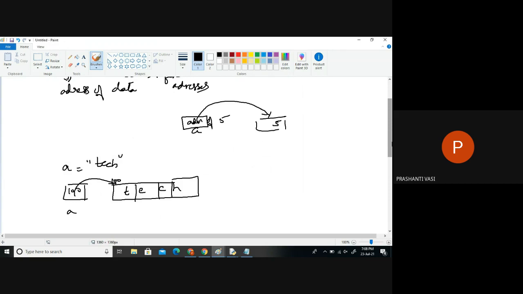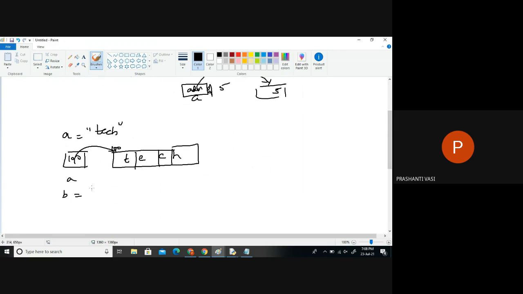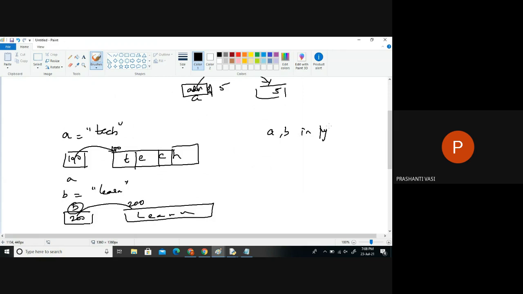Similarly, if I say B is equal to learn, if you have written it in the code, that means there is another variable created in the system called B, and it will hold the base address of which data? The data called learn. Every piece of information uses some space in the system. Wherever it is loaded, in whichever part of the memory, it has an address. It may be at some other address. So that address will be saved in which variable? The reference variable. So here A and B in Python are called which type of variables? They are called references, reference data types.